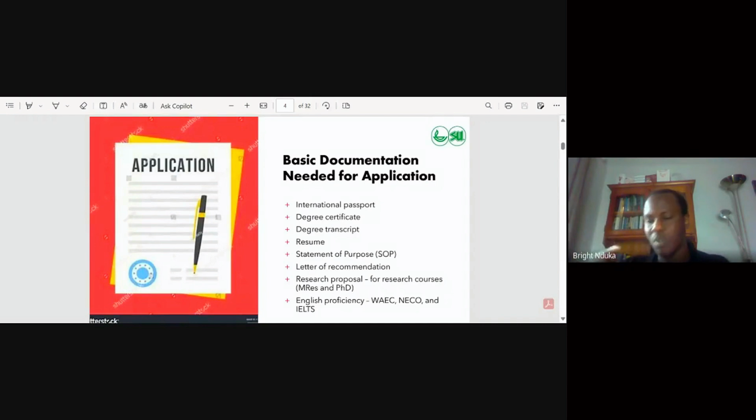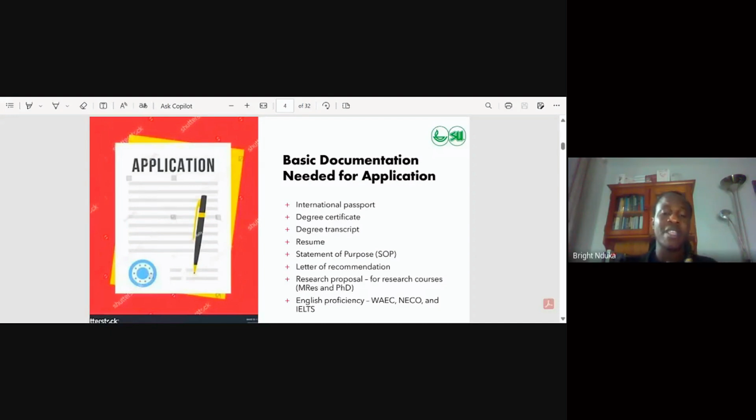And then lastly, which is the fourth one, is why the university. So you need to outline why you've chosen this university to study this course amidst all other universities. That university is not the only university that offers that course, but why have you chosen that university despite having other options? So those are the things that should be contained in your personal statement if you are going to produce a very strong personal statement that stands you out.